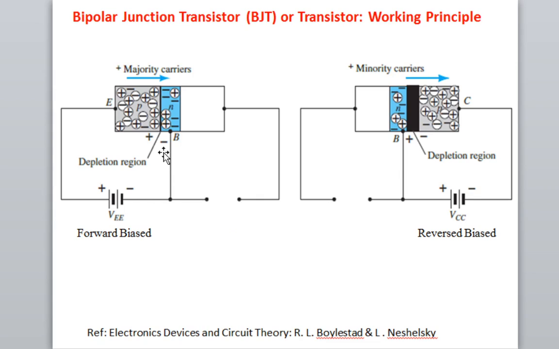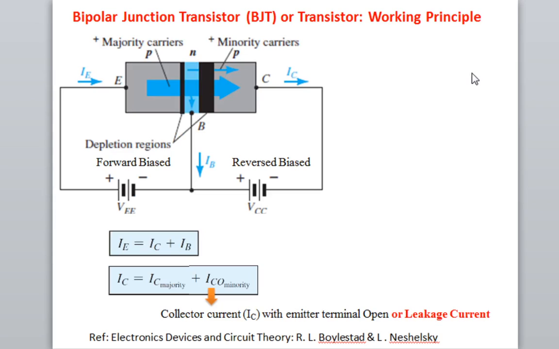Here I have not applied voltage. But across both junctions, in the first case current is flowing because of the majority charge carrier, and the direction of current is from left to right, and in the second case current is flowing because of the minority charge carrier, and the direction of current is similar to the previous case, from left to right. Now consider when we are applying both power supplies, both batteries, in a transistor, then how the current is flowing.